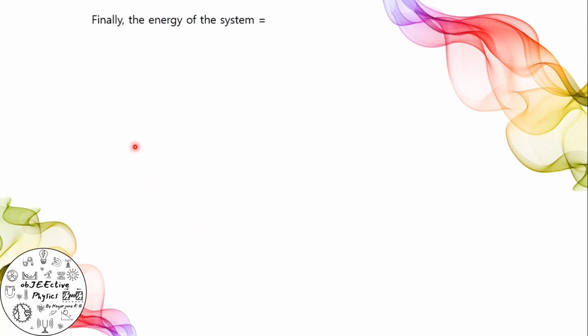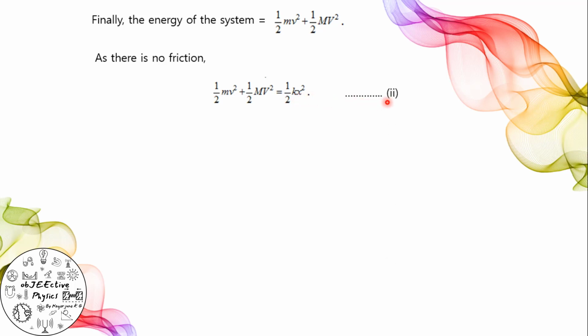Finally, the energy of the system is equal to half mv square plus half capital M into capital V square, because both the blocks are in motion. As there is no friction, half mv square plus half capital M into capital V square must be equal to half kx square, assumed as